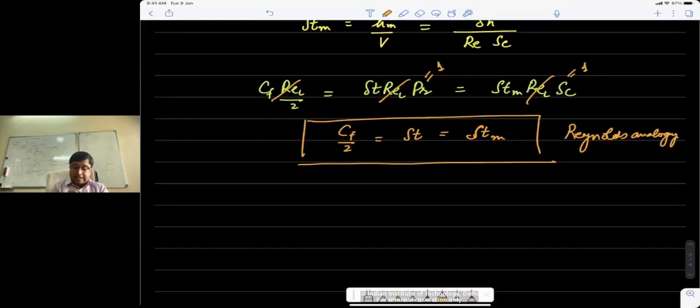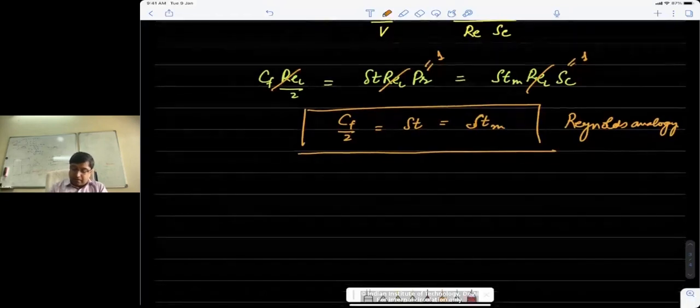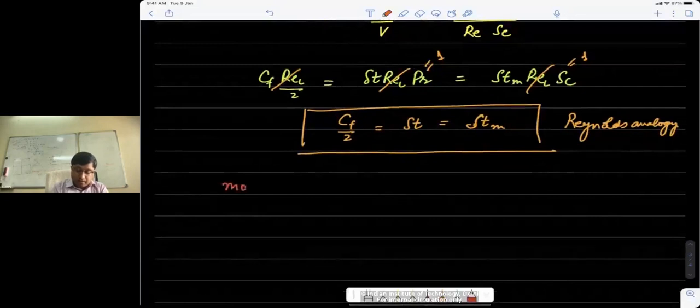Okay, but of course, as I said, there's a catch. The catch is that this is very, very special. You have to have Prandtl number equal to 1, you have to have Schmidt number equal to 1, and you have to have pressure gradient equal to 0. So its applicability to other scenarios, in fact more complex scenarios, is questionable. So a new analogy was proposed. This is what is called a modified